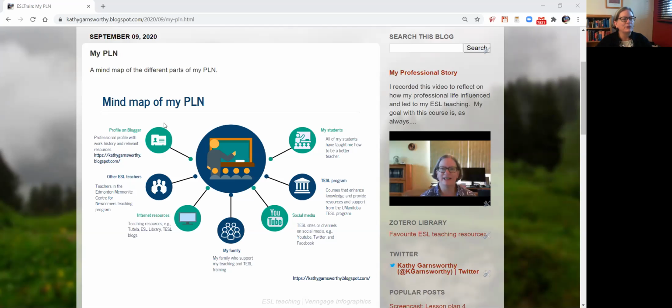And then the profile on Blogger, it's just a place, in a way my e-portfolio, a place to keep all my resources. And I've had a lot of fun in this class because I like digital things and playing with them and learning about new things. And I've had a lot of fun doing the infographics and screencasts like this, and kind of pushing the envelope of what I know,